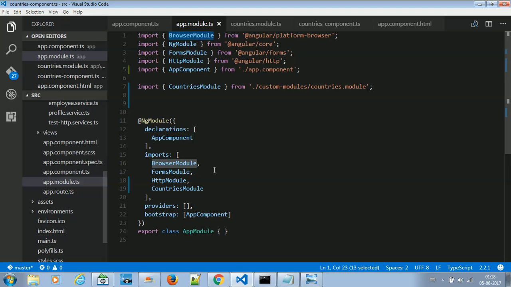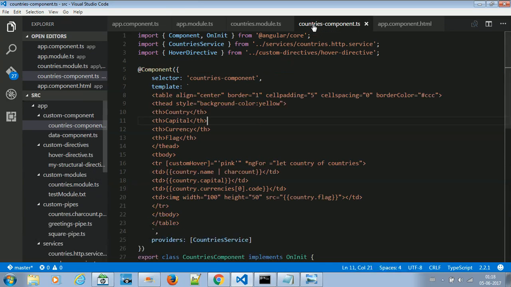When I imported BrowserModule, then ngFor, ngIf, everything worked fine, because ngIf and ngFor are all part of the CommonModule of Angular. So in this root module it was working fine because we already had BrowserModule. But now that we are creating our own module, everything is restricted to this module only, whatever this module can offer. So here we don't have CommonModule present, and this ngFor which we have used over here will not work. To make it work, simply we have to